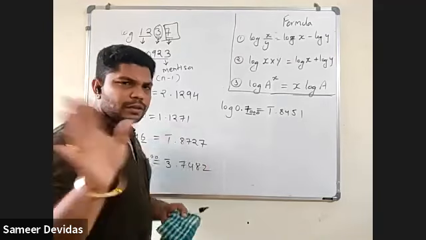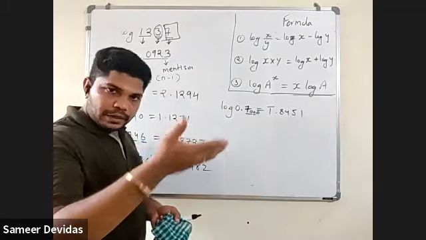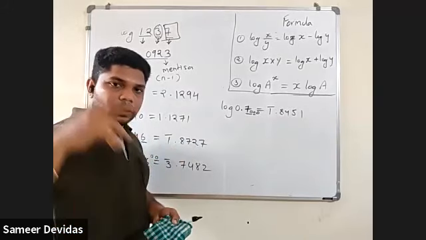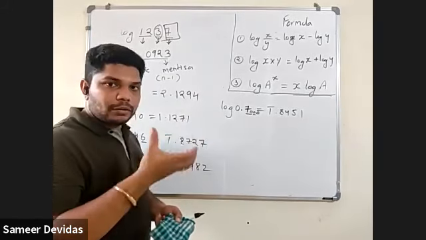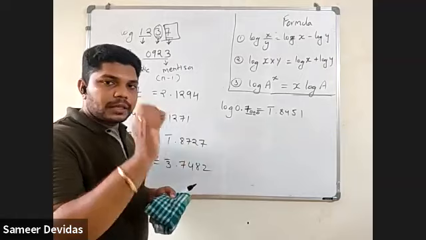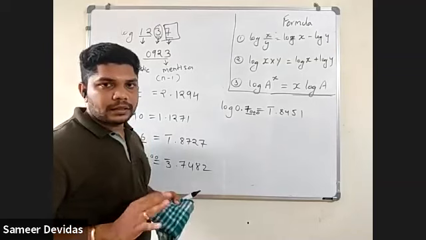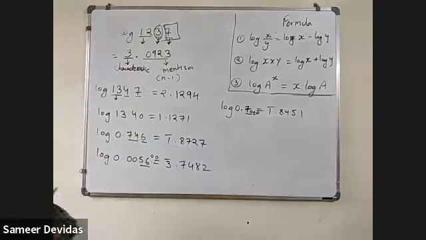Excuse me, sir. So I cross-checked the answers on the calculator, but they are differing. They are not coming correct. You don't follow the calculator at present, because finally we are going to use only the log table. Focus, follow the log table. In the examination, nobody can give you the calculator to use for log. Understood? Important is the log table. If we are not using it properly, then there is a mistake. Okay, sir.